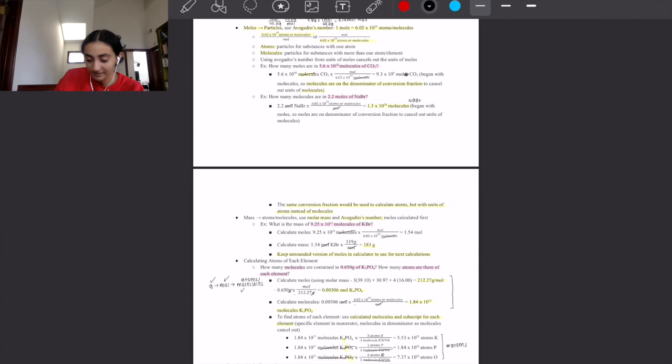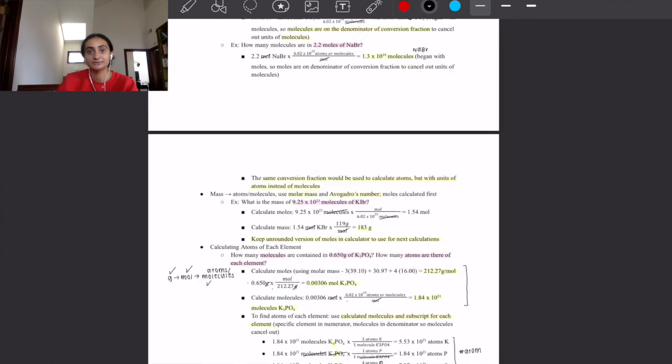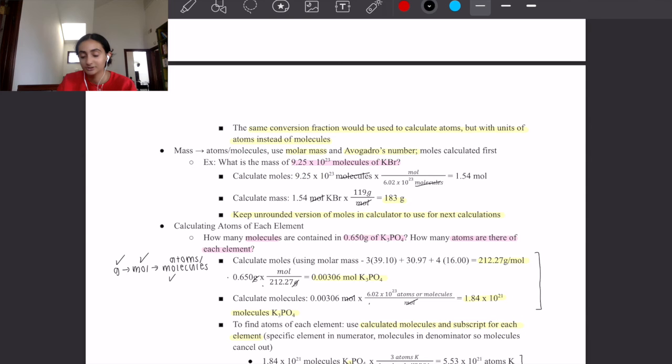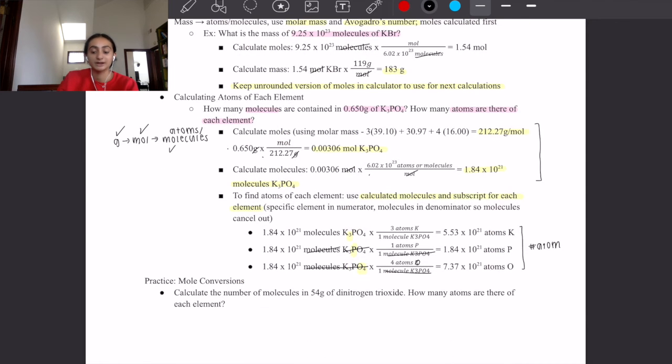So that is all of the basic mole conversions you'll be doing as you advance through stoichiometry and stuff like that, which I'll explain in later videos. So you always want to make sure, just like with metric conversions and non-metric conversions, that the unit you already have is on the denominator of your conversion fraction, so it can cancel out